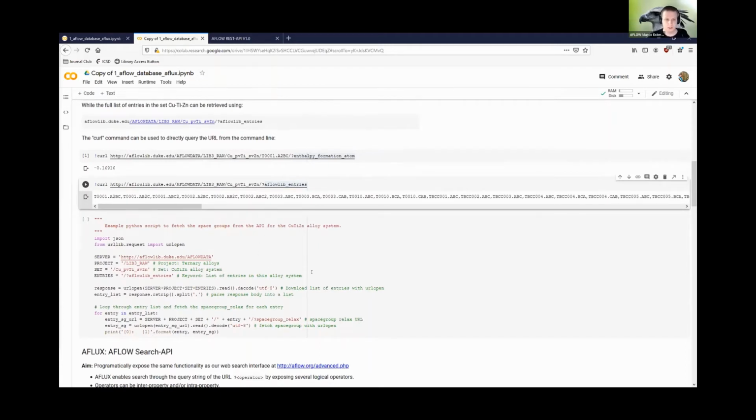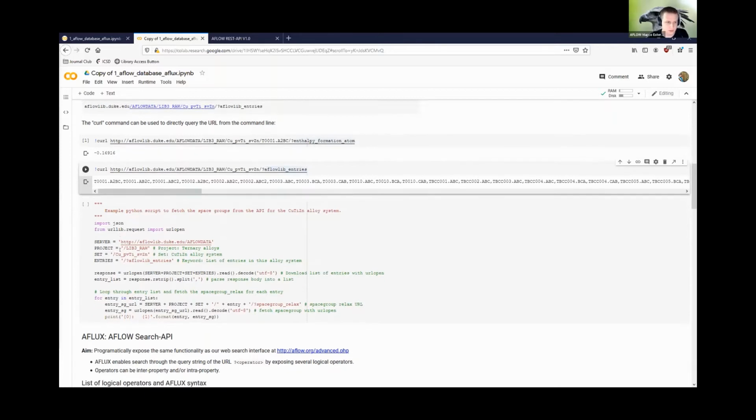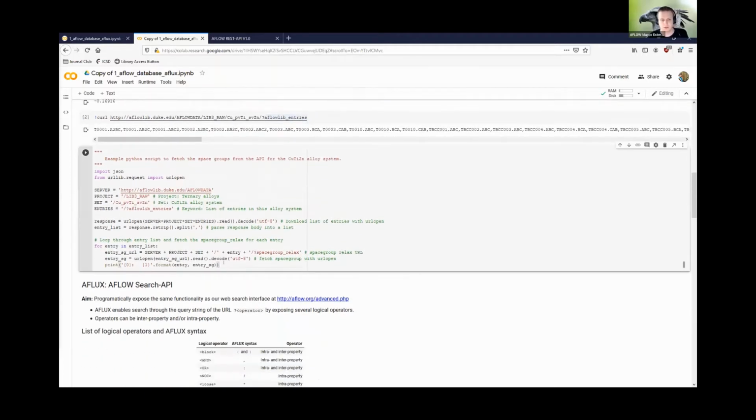The other way to do it is to use a Python script. And I've put it here. As I said, I don't want to talk too much about the REST API, just show you that it's there. But here's how you can actually use a Python script to get where you need to go. You essentially need to build the URL. I recommend using this structure here, where you have the project layer, the set layer, and the